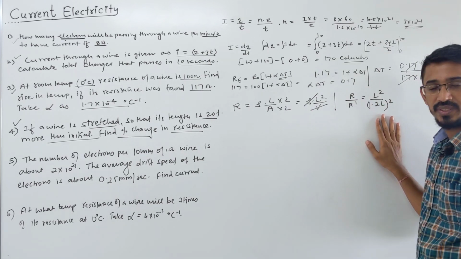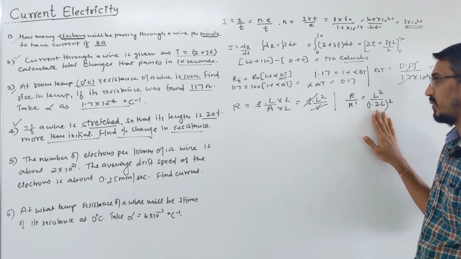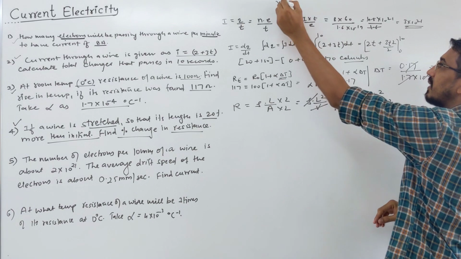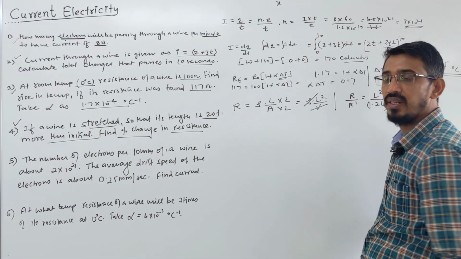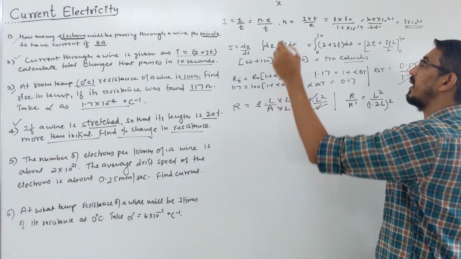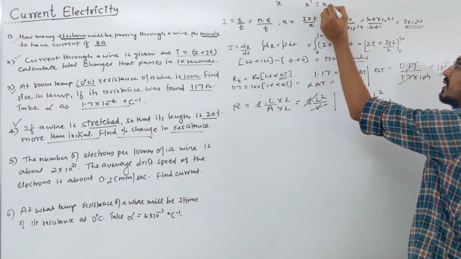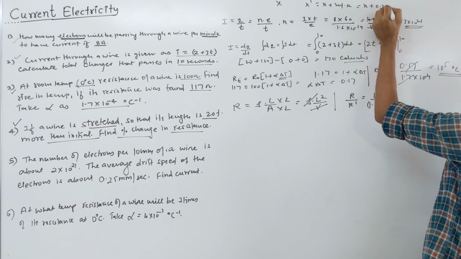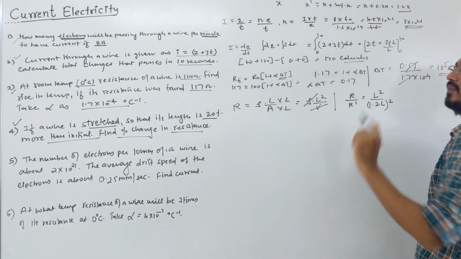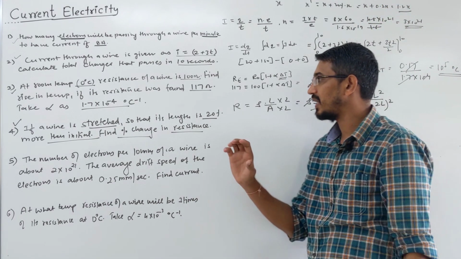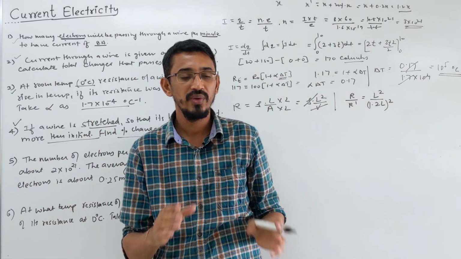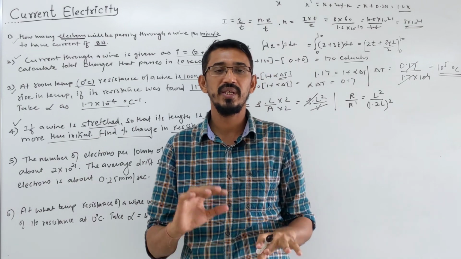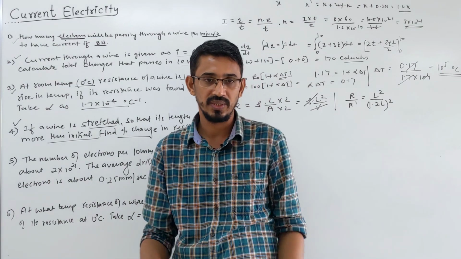The students who are watching this video for the first time may not know how to use this shortcut. So I am explaining in short: suppose initial value was X. They say that I'm increasing this value by 20%. What is the new value? How do you write? X dash will be X plus 20% of X. So that becomes X plus 0.2 of X, which means 1.2 times of X. So what is the direct shortcut? Something increased by 20%, what's the new value? 1.2 times of the original value, right? If you decrease by 20%, what is the answer? 0.8 times of the original, right?